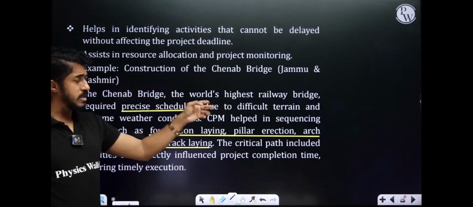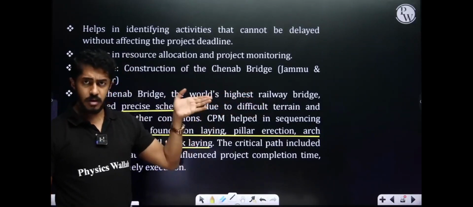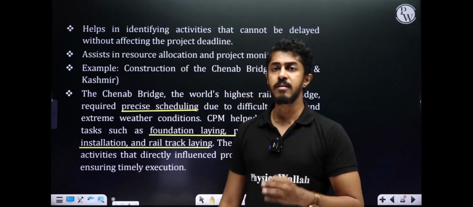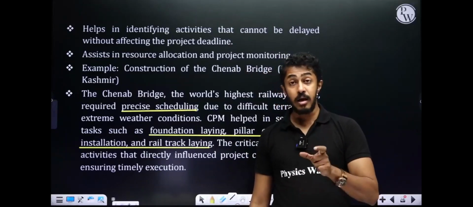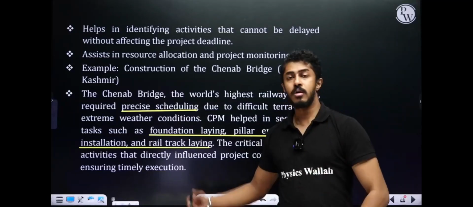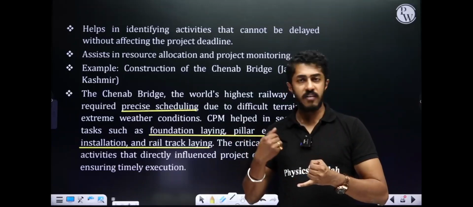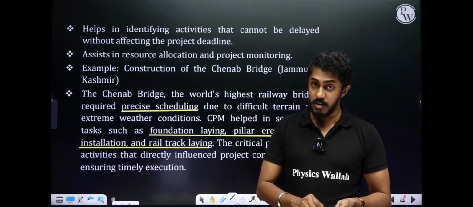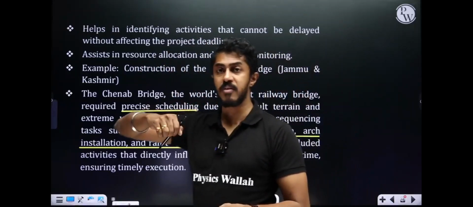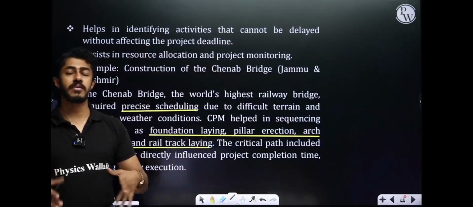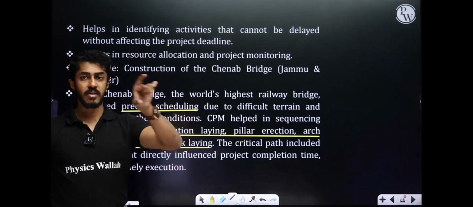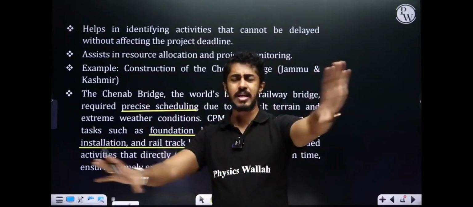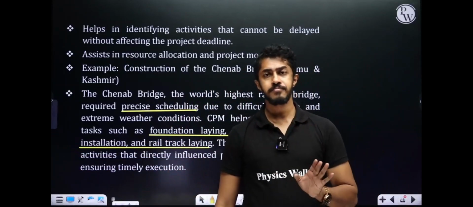Why? See, Chenab, the world's highest railway bridge, obviously it was in the news because it is the world's highest railway bridge. That is one reason. Second reason, what was it? On time completion. In India, a project completed on time, that too in an area where geography was not in our favor, weather not in our favor, security wise, terrorism hotspot, infiltrators coming from the Pakistan side, none of this was in our favor. Still we completed it. Why? Because everywhere we knew what precise time we needed to complete it, everything was defined. Easy.